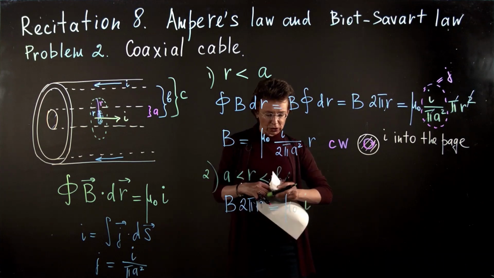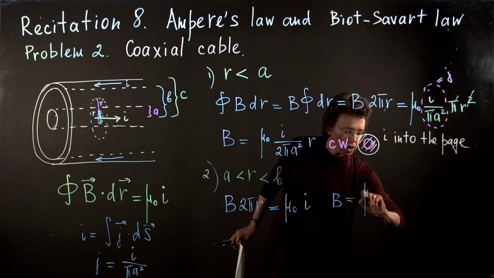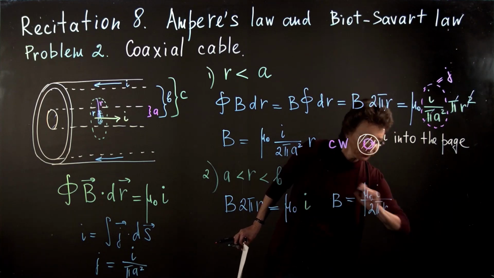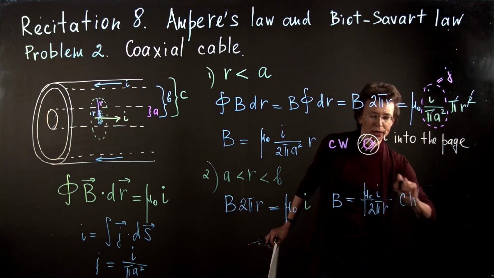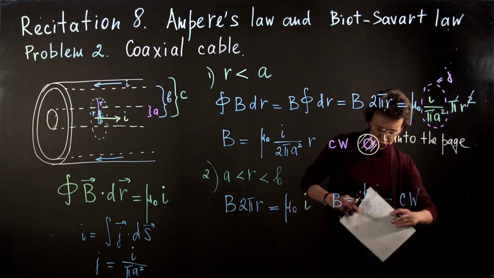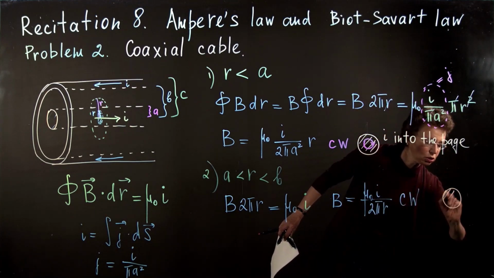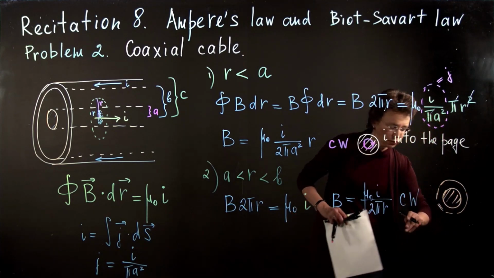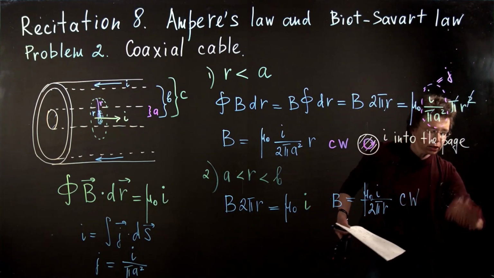What is the magnetic field? The magnetic field is mu naught I divided by 2 pi r. And the direction of the lines of the magnetic field is clockwise again, with the same logic. So I can just add it. If I draw again this wire and current is into the page, I again can bend my fingers, and the lines of the magnetic field, I used pink. Let me keep the same color for the lines of the magnetic field.